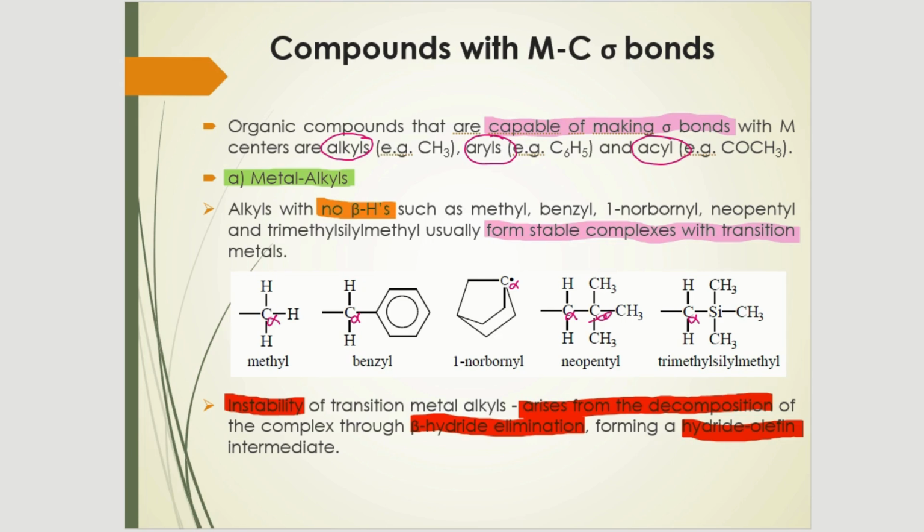Okay, alkyl with no beta hydride, such as methyl and benzyl, can form stable complexes with transition metals. As you can see, I have highlighted the no beta hydride. Where can we find the beta hydride? Beta hydride is actually attached to the carbon beta. So where is carbon beta? Carbon beta is located beside carbon alpha. Okay, as you can see from the figure structure,